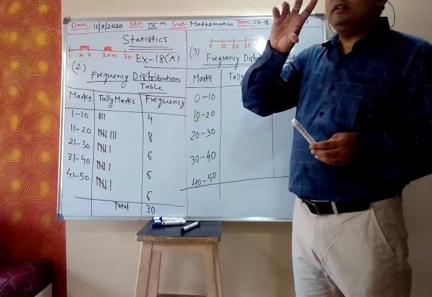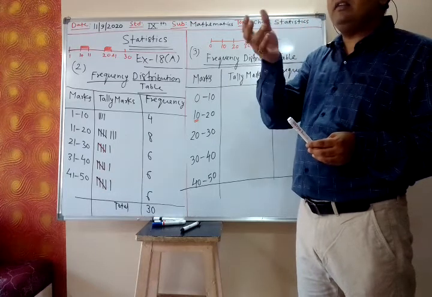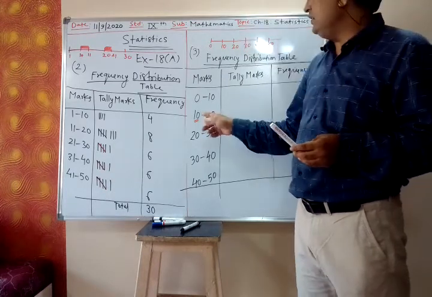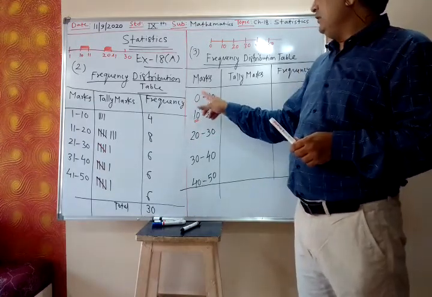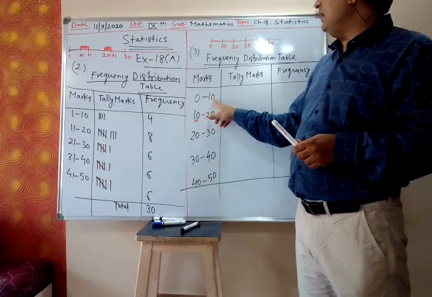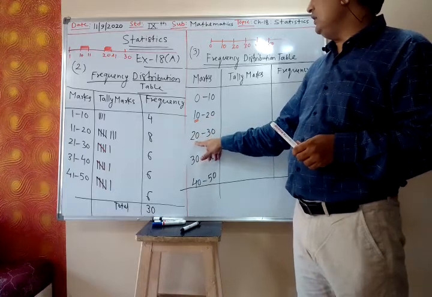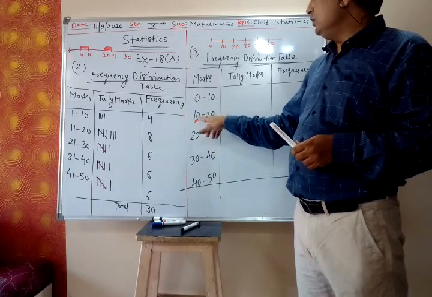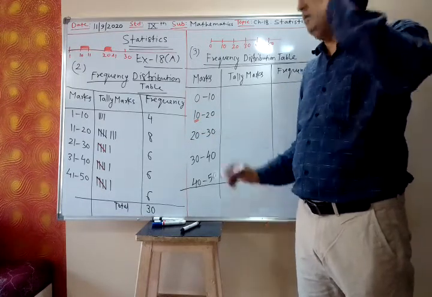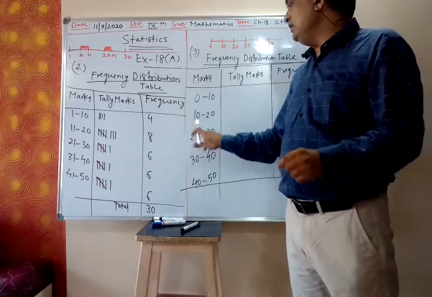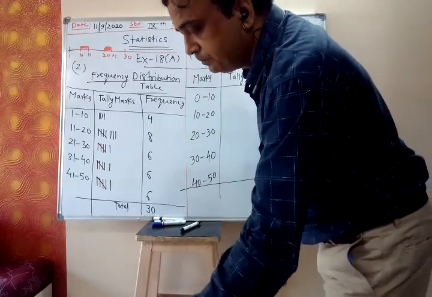So whenever marks are 10, I will write down that number in that interval where that number is in the lower limit. Where is 10 in the lower limit? See, 0 to 10: 0 is my lower limit, 10 is my upper limit. 10 to 20: 10 is my lower limit, 20 is upper limit. 20 to 30: 20 is lower limit, 30 is upper limit. So I will write the number in that interval where that number is in the lower limit. Is it clear? So let us see.